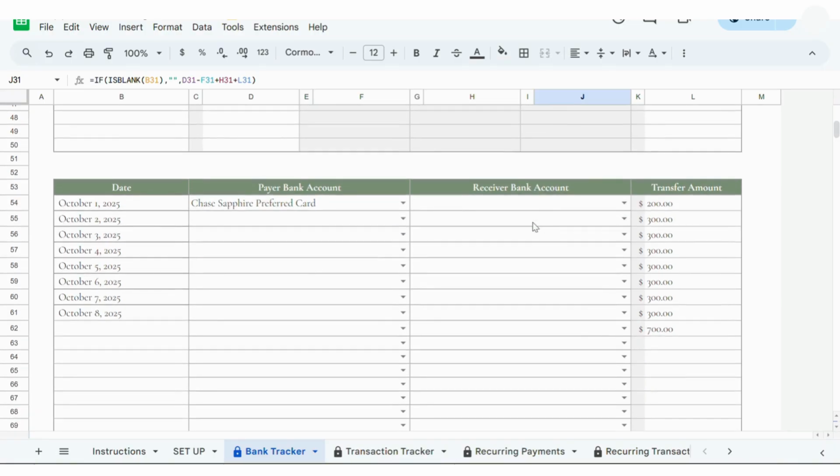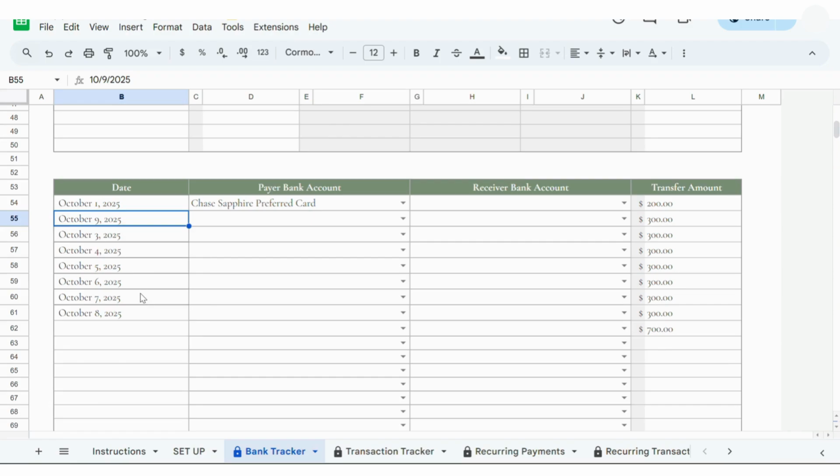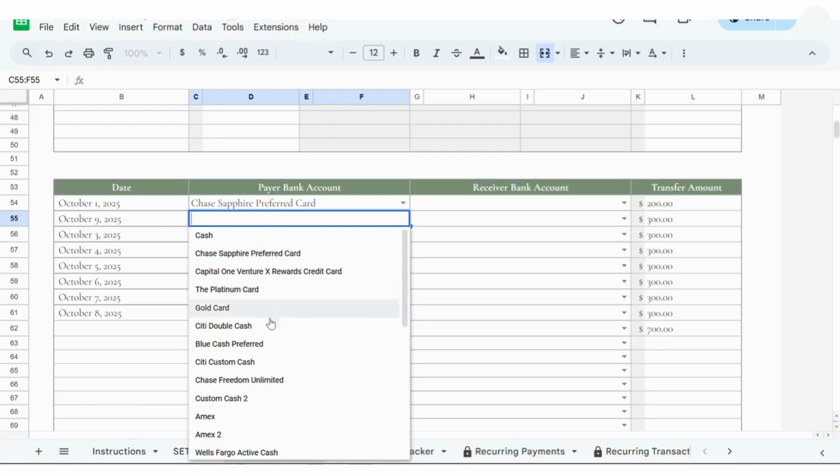So for that, I can use this tab. Suppose on October 2nd, here you will just click on this, and suppose I did this transaction on 9th of September. In Excel, this calendar won't pop out, but you have to enter it manually instead of just choosing from the calendar. So suppose my payer bank account was